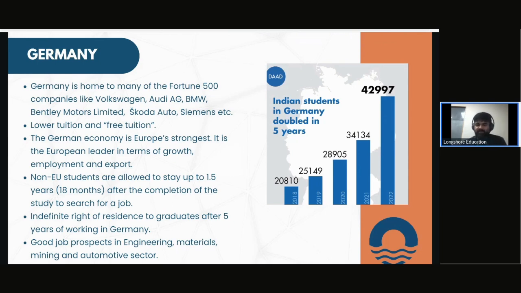One aspect that I wanted to cover is that there is a misconception that education is free in Germany. While this is not wrong, it is limited to the public universities. At the undergraduate level, at a bachelor's level, most public universities don't even have English speaking courses, so keep that in mind. At the higher level, there are some English speaking courses, but they are highly selective. So if you do get there, congratulations, you've got yourself a free education and only some minor fees to be paid per semester. But the private universities do charge a bit of fees, but they are the ones which have the courses.